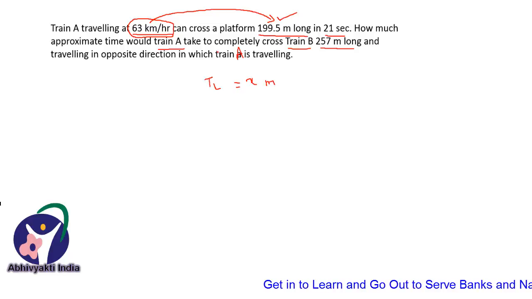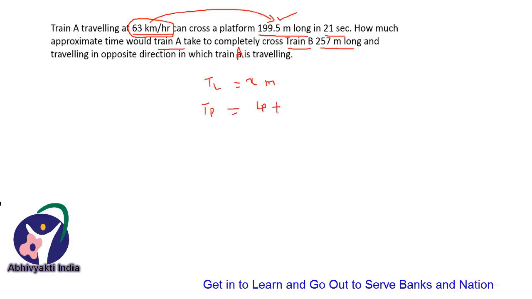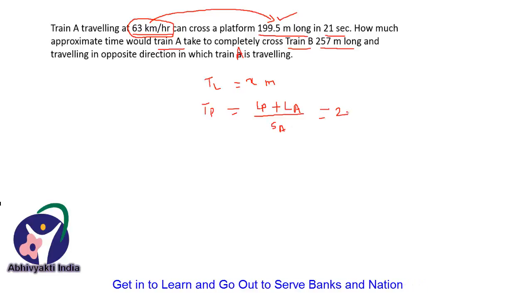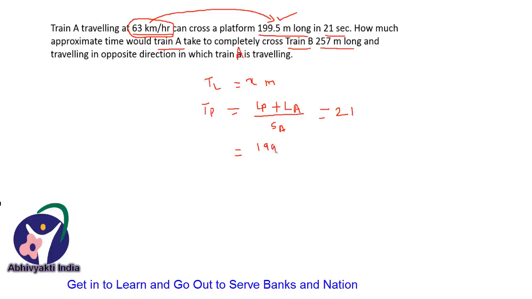Therefore time taken to cross the platform is equal to length of the platform plus length of train A, divided by, this will be the distance covered, divided by the speed of train A, and which is given as 21 seconds. So length of the platform is 199.5 plus x,